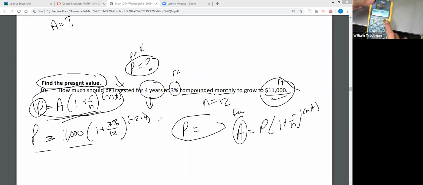Arrow over, close that parentheses, raise it to a power, put the parentheses for the power, and it should be negative 12, not subtract 12, a negative 12 times 4, close the parentheses, and when you hit enter, you should get 9757.585. So I get P equals